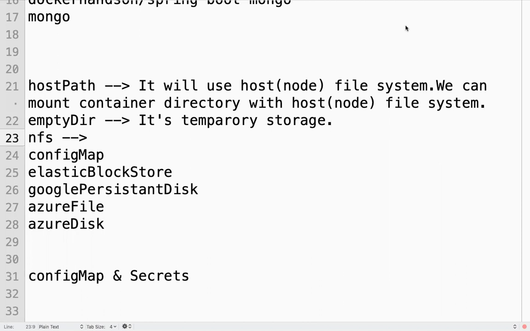Suresh, RS is different, Pod is different. I don't know why you people are so confused here. RS is a ReplicaSet. It's a controller. What it is doing is managing the pods. If your pod is deleted, who will recreate it? The controller. RS is basically a controller which will manage the pods.